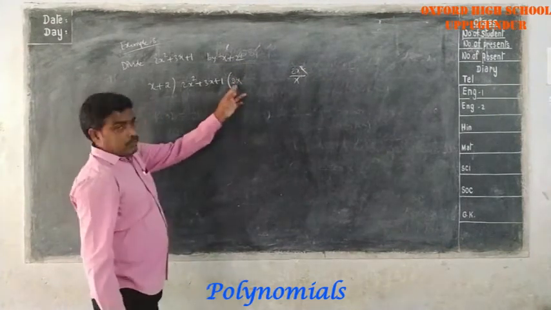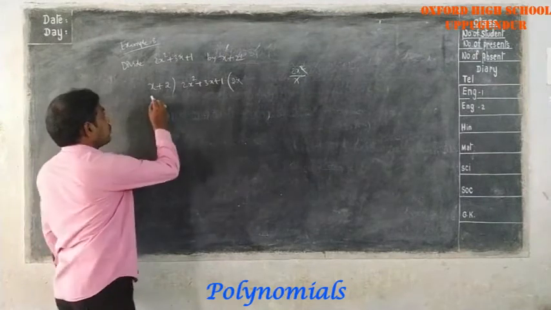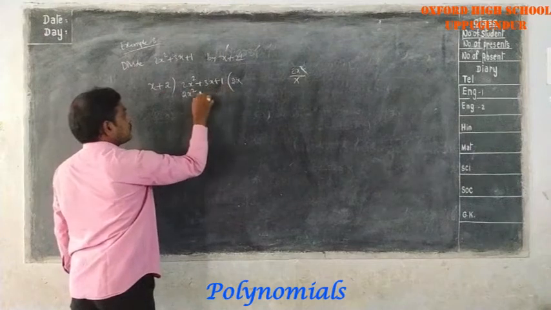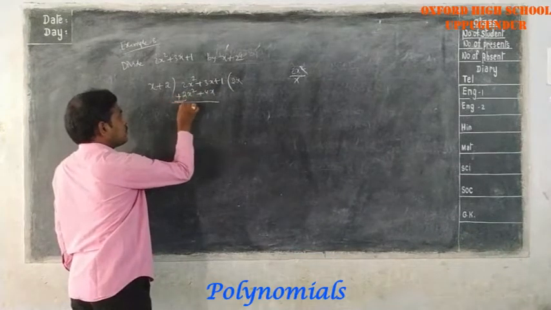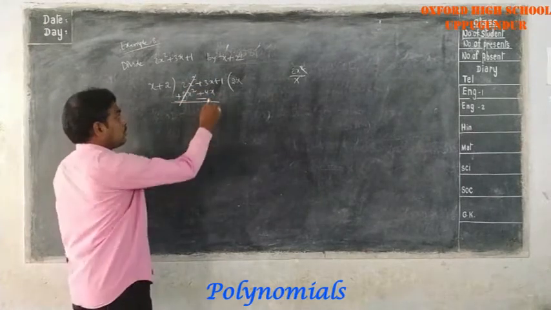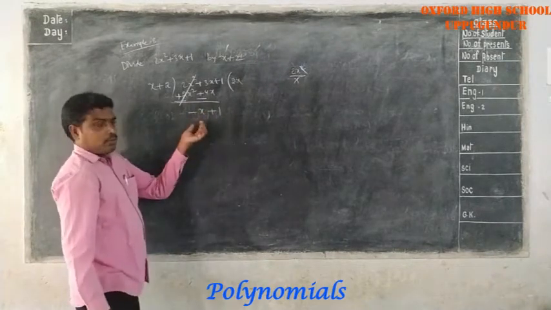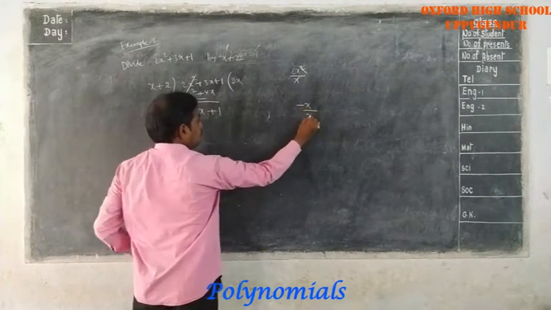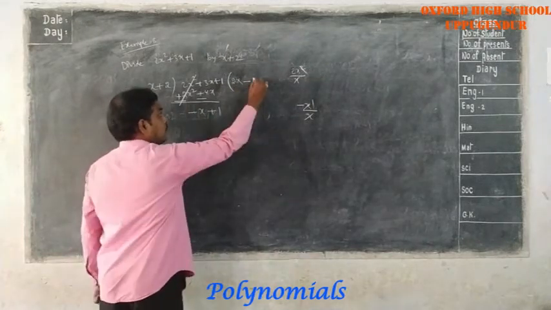After writing the first term of the quotient, you have to multiply it with the divisor. So x into 2x is 2x square, plus 2 into 2x is 4x. To remove the x square term, you have to subtract, so the signs change, plus becomes minus. 2x square gets cancelled, 3x minus 4x is minus x, plus 1. Again, the first term of the dividend is now minus x, and the first term of the divisor is x, so minus 1 is the second term of the quotient.